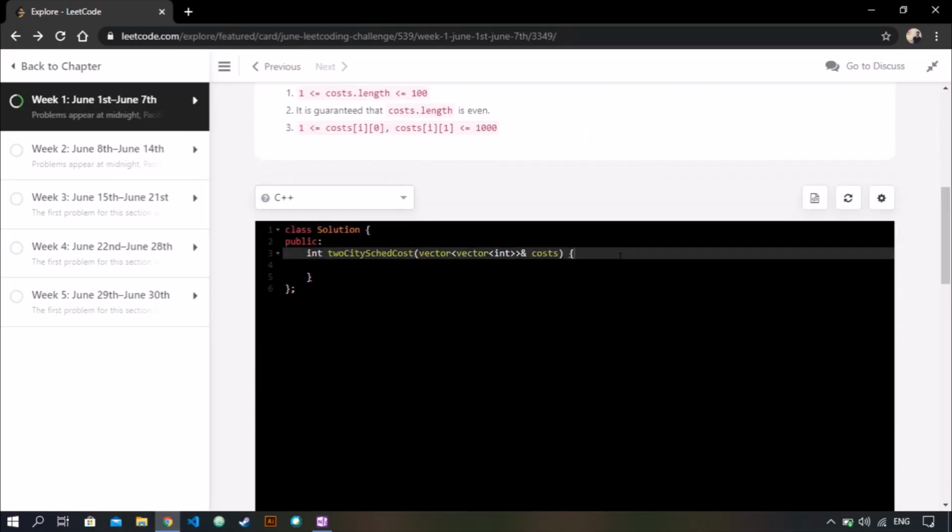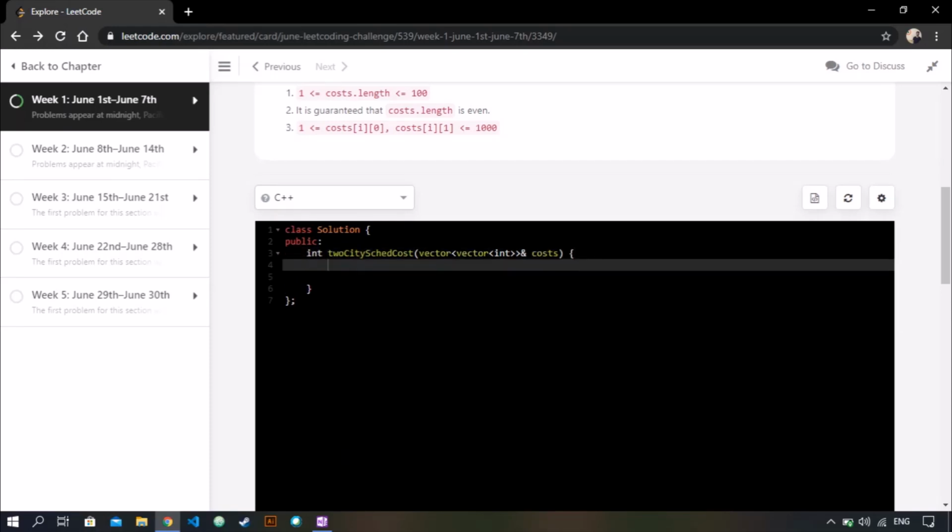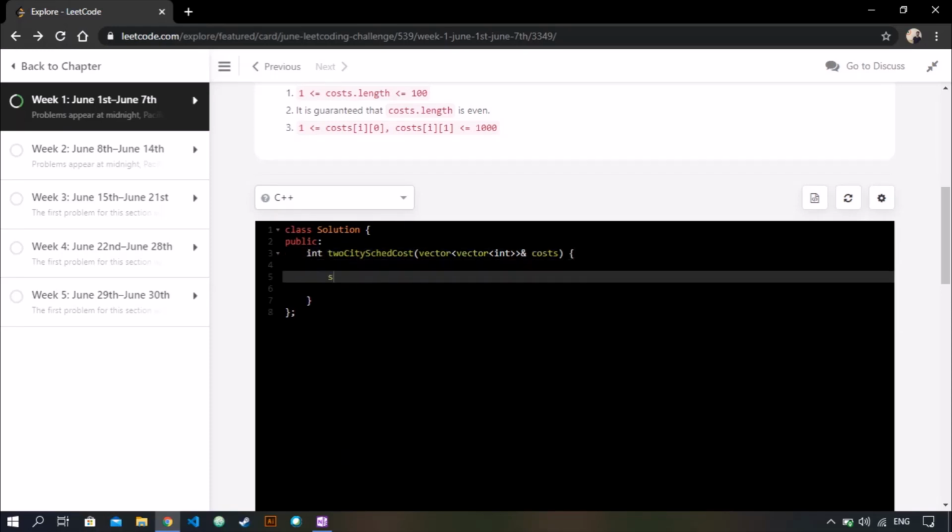Okay, so let's code this. So okay, first we need to sort our costs vector. So, and we need to sort on the basis of absolute difference between costs.